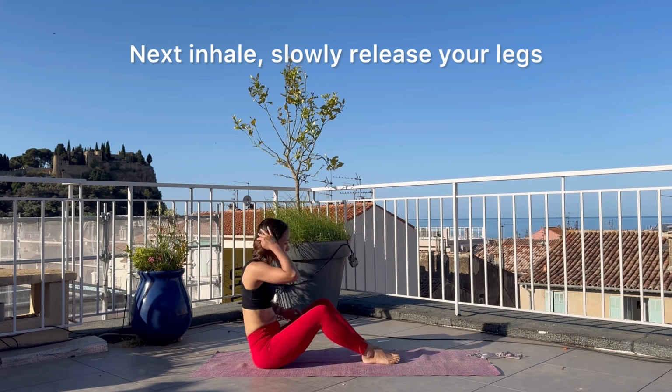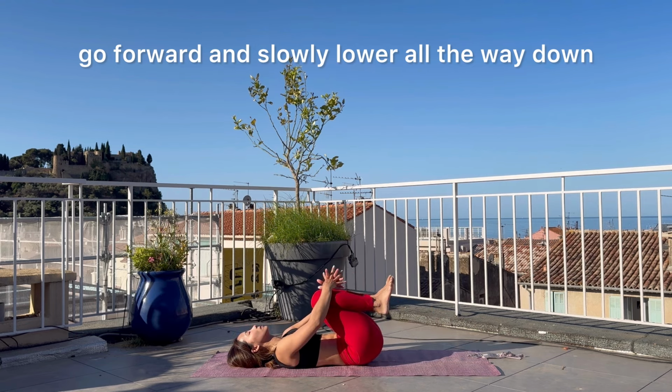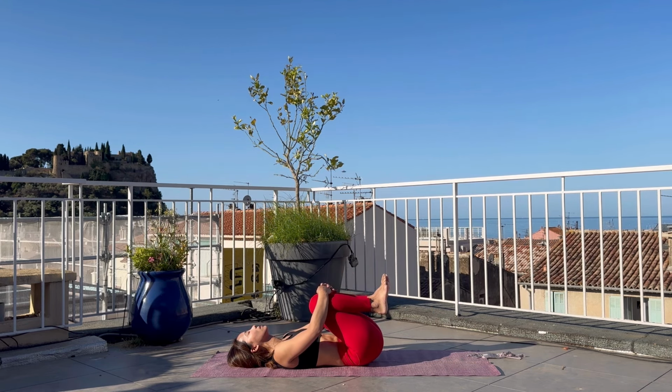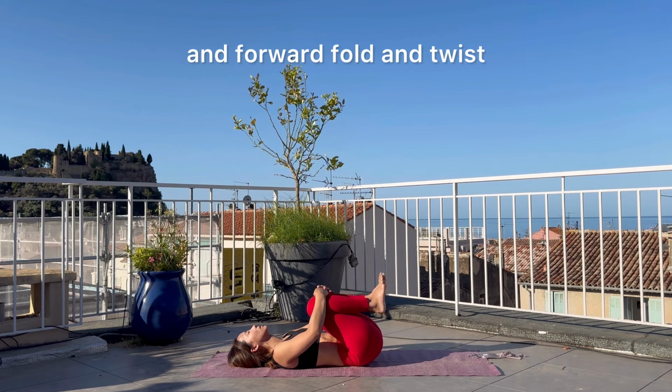Next inhale, slowly release your legs. Move your hips a little bit forward, and slowly lower all the way down, hugging your knees to chest, Uttanasana. Give a gentle hug on both knees to release your back from all the back bend and forward fold